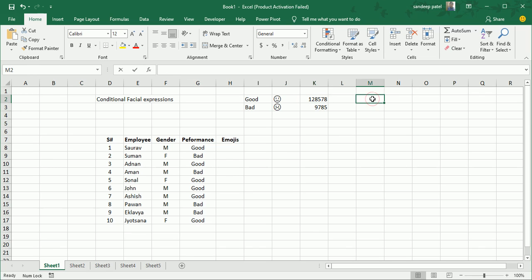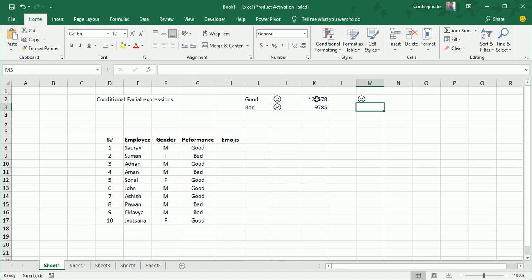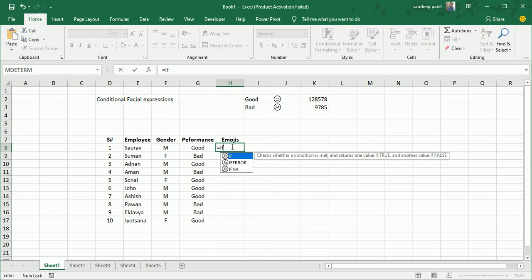We can use the UNICHAR function, and if you feed it the number, it is going to give me the same output once again. So here we are going to do the same steps, but in terms of an if condition. So I'll use an if statement, and the first argument asks for the logic test. I want a smiley face, a face which is smiling, if the performance is good. So the logic test should be that this particular cell is equal to good,